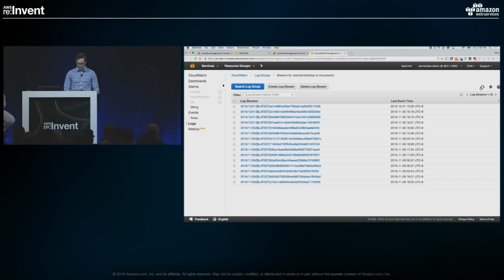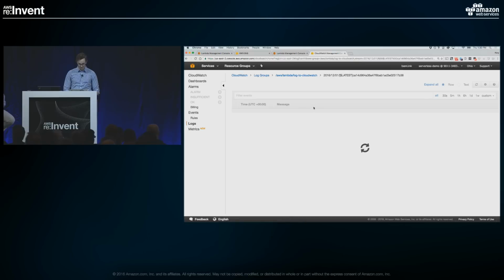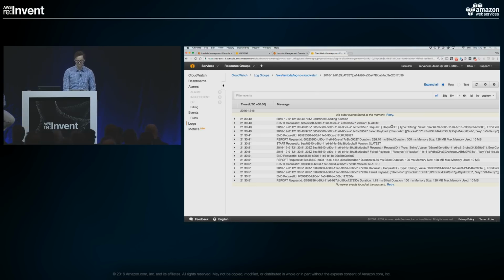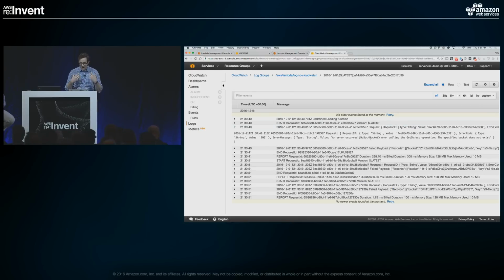So we can even go, oh, here we go. Let me reload this. Give it a second, there we go. So in this, we can see my request. I have inside there the request ID, so I can track it down if I'm using an SDK, track it to the actual request the client made.